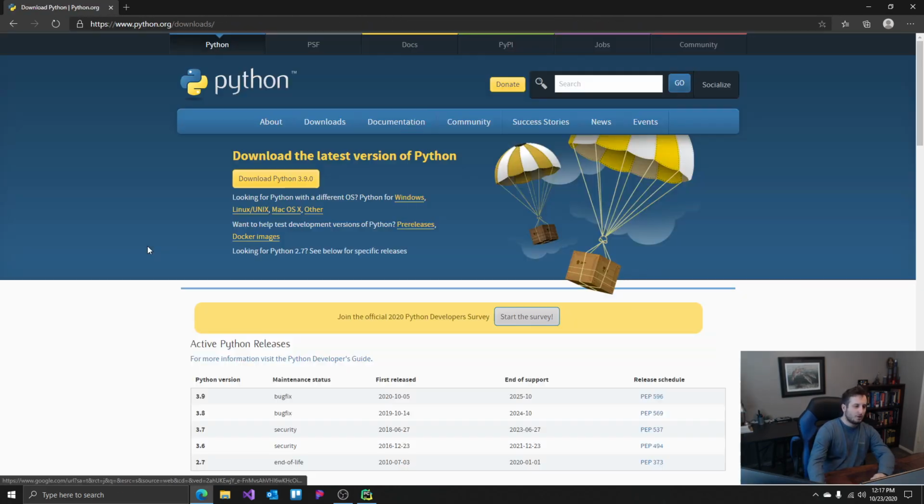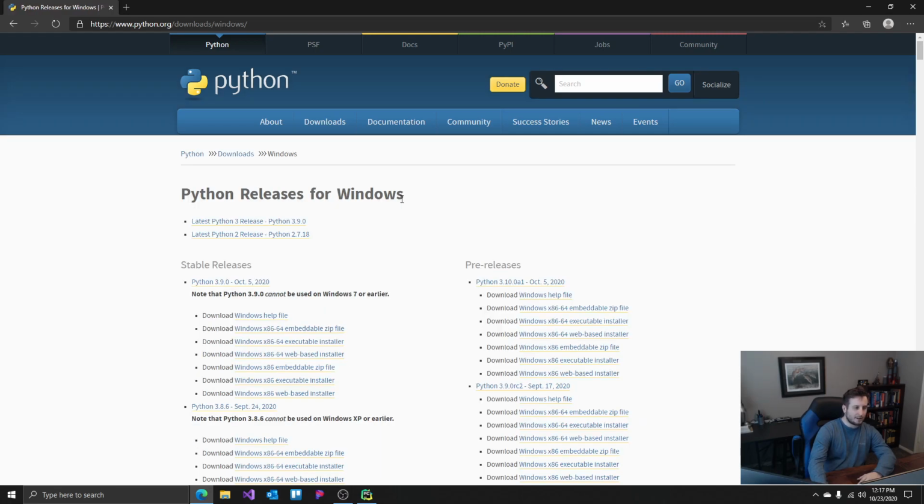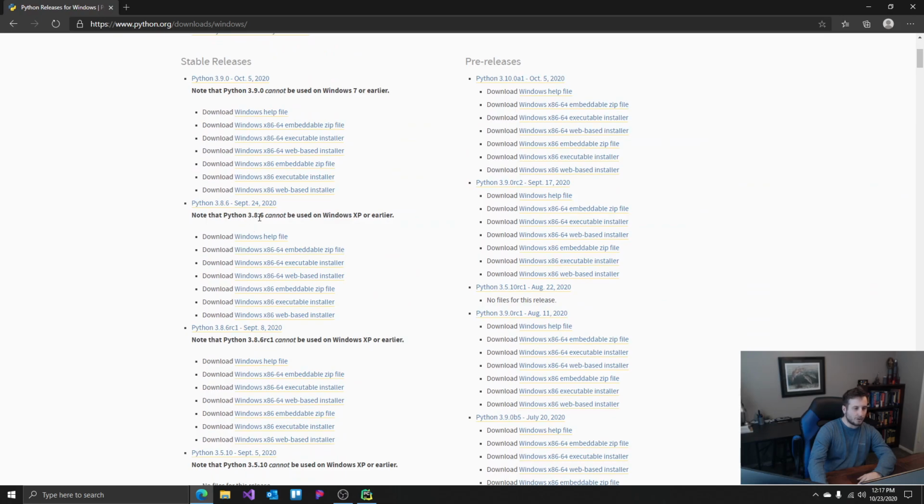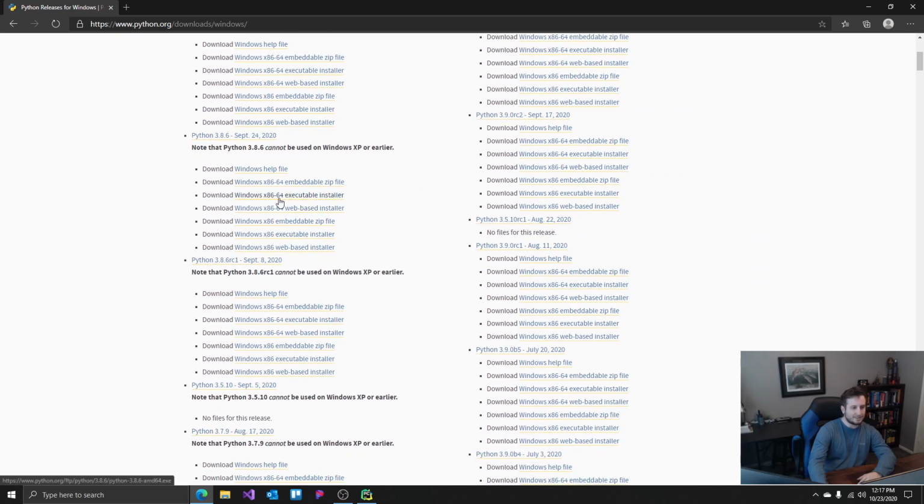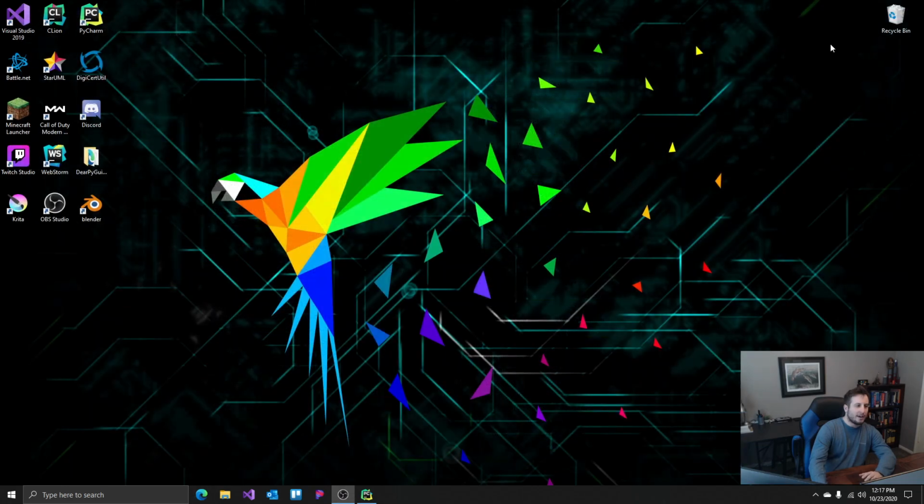But for Windows, you're not going to be able to just click this, because at the moment we don't support 32-bit. We will when we move out of beta, but for now we're just supporting 64-bit. So to install that, you actually have to click there and go to 3.8.6 or whatever version you want, and go to the x86-64 installer, not the x86. So once you've installed that,